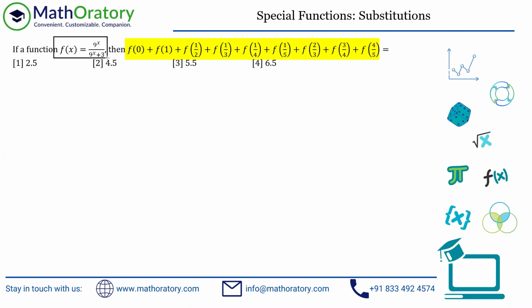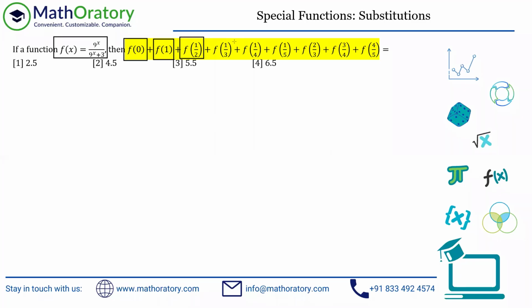For example, here if you check this f0, f1, and even this f half can be easily found. Because if you substitute x equal to 0, you can definitely figure out the answer. Putting x equal to 1, you can also definitely figure out the answer. Even putting x equal to half in this case, because 9 is a perfect square. So 9 to the power half is basically square root of 9, which is 3, right? So again, you can easily figure out the answer using that. So these three individually can be very easily figured out. So that is something you should be able to identify.